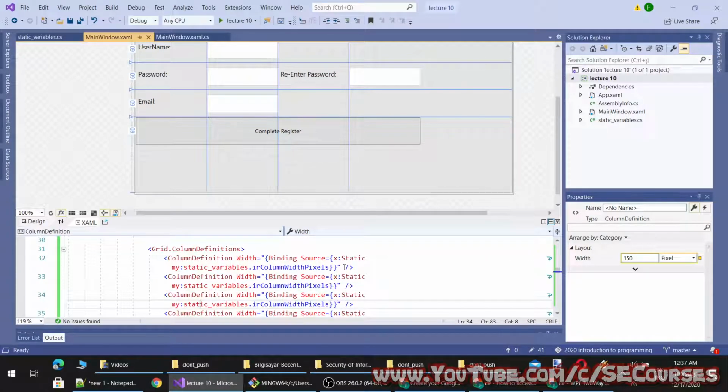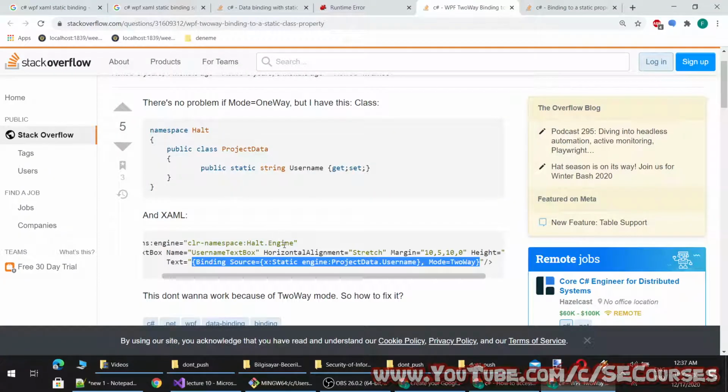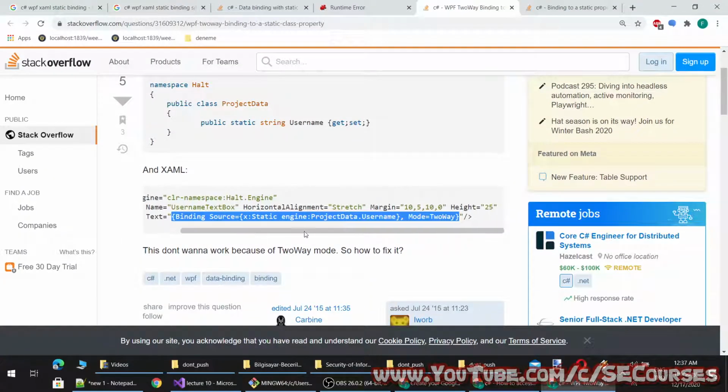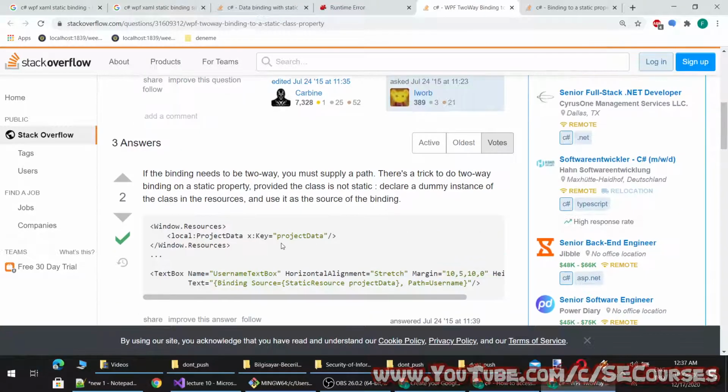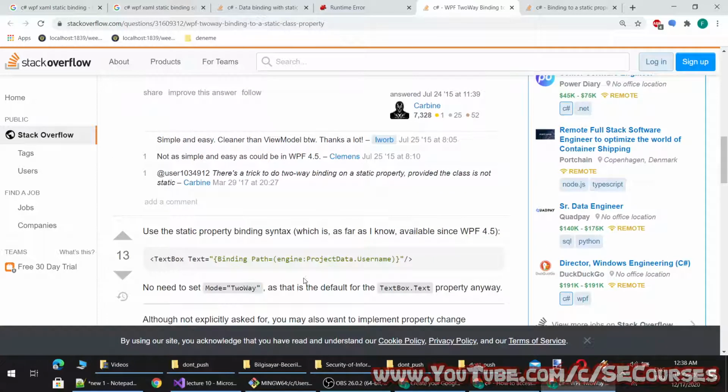There is also two-way binding, however it requires Path or XPath, and when I set it as path, it says it has to be converted to a property path. So binding source and path are different. Okay, there is path, username.